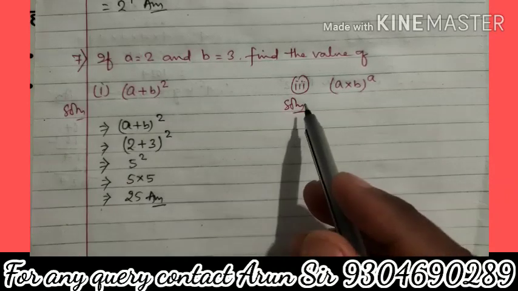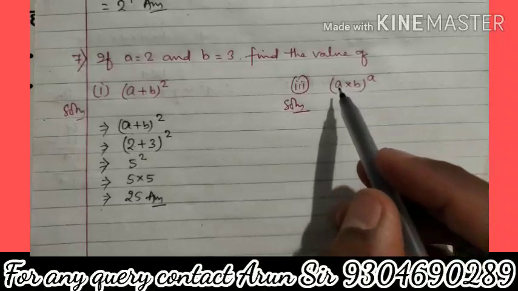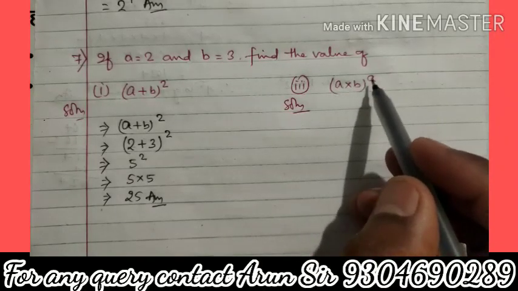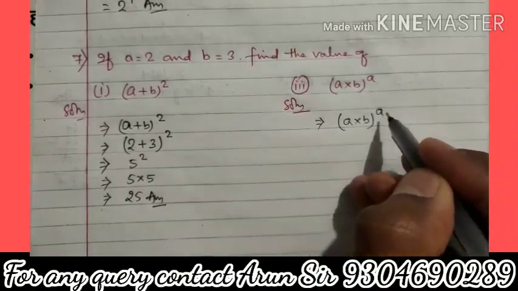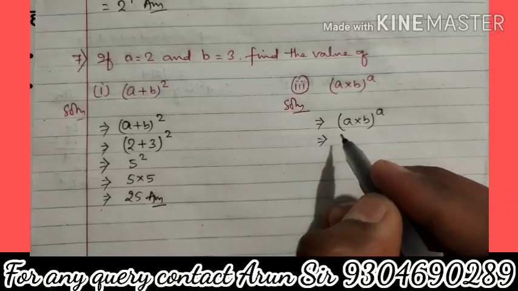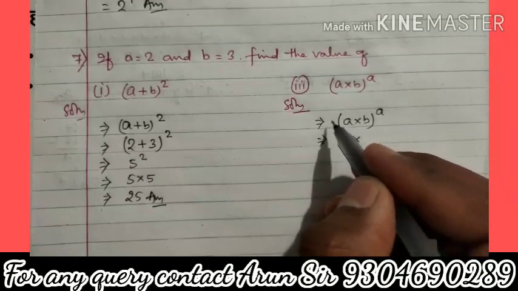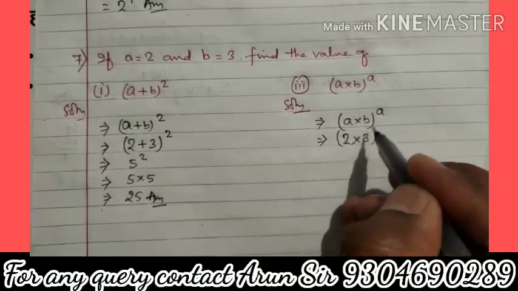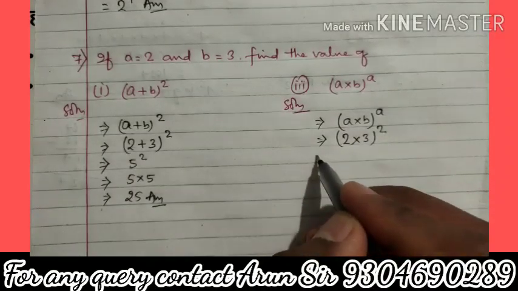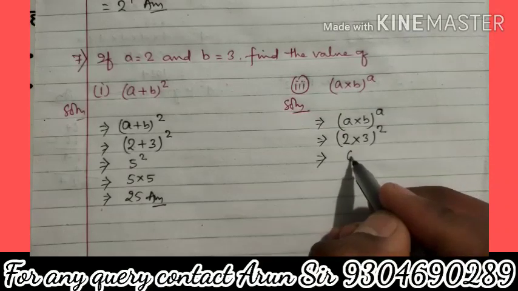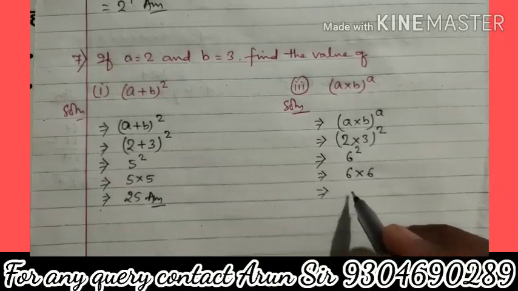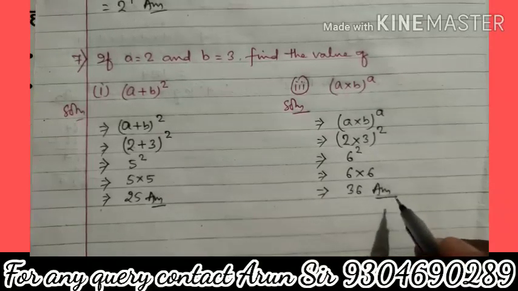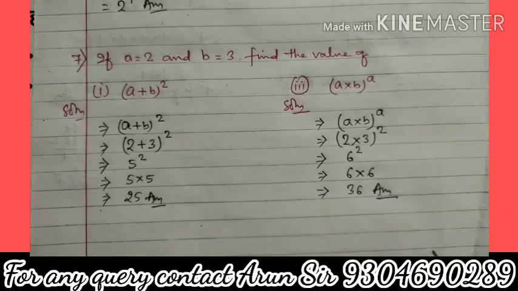Now one more question we will see, that is question number 3. Here the question says (A multiplied by B) whole to the power A. The same thing we will do here also. (A multiplied by B) whole to the power A. In place of A we will put the value of A, that is 2. In place of B we will put the value of B, that is 3. And again in place of A we will put the value of A, that is 2. 2 3 ja 6. 6 to the power 2. It means that 6 will be multiplied 2 times. 6 6 ja 36. This will be your answer. Hope that this question is also clear to you. The remaining questions you have to do on your own.